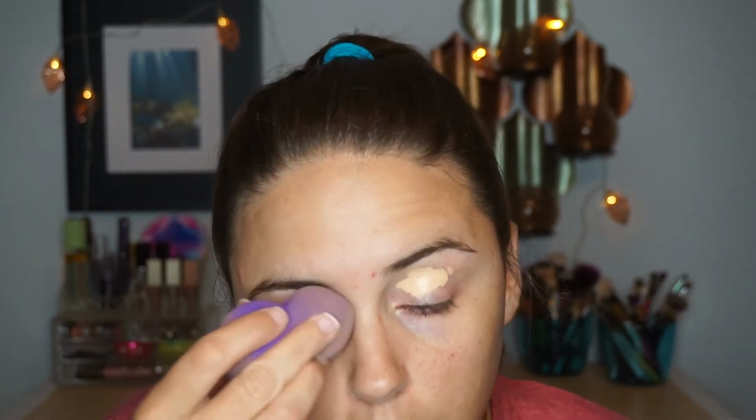This is how I always prime my eyelids, just because I do have a lot of veins in my eyelids, and this really helps to conceal them. Any sort of clear eyeshadow primer does not work well for me because my veins tend to shine right through my eyeshadow. So I just buff this out lightly on my eyelids,